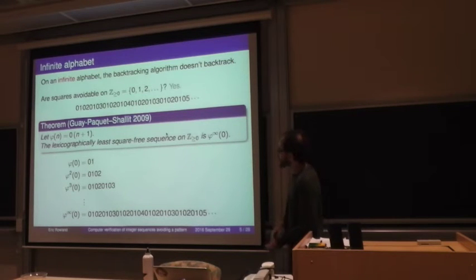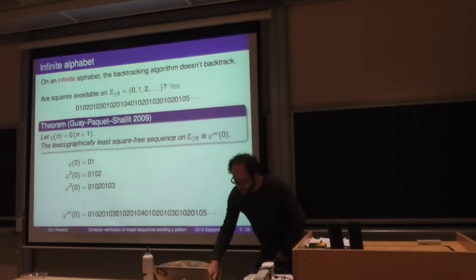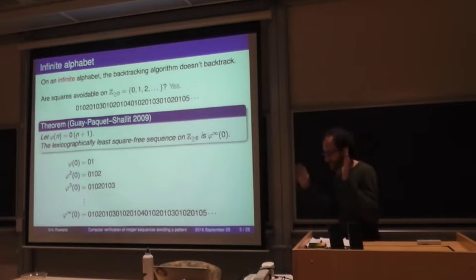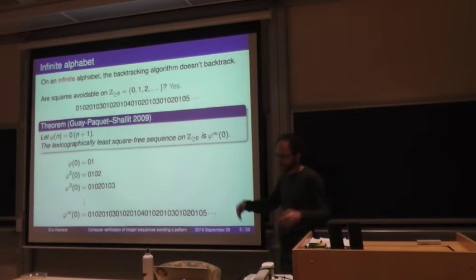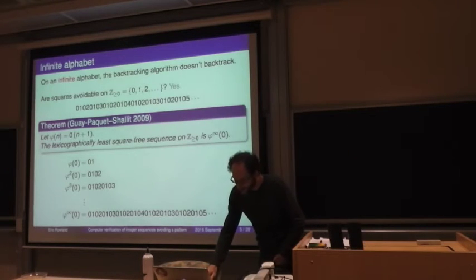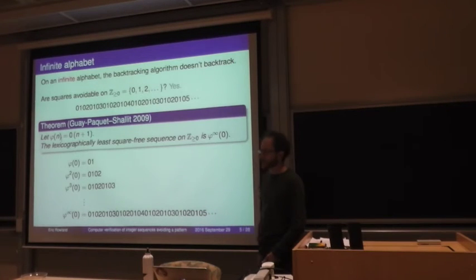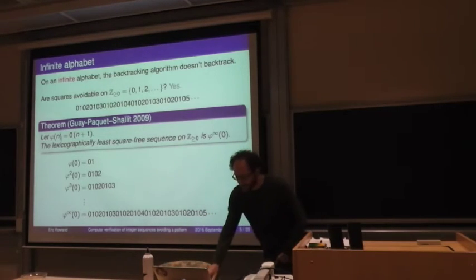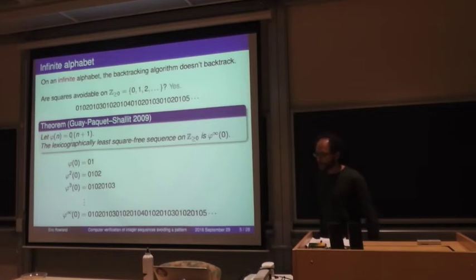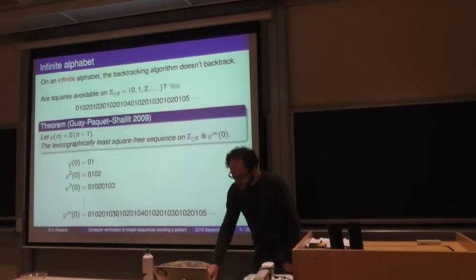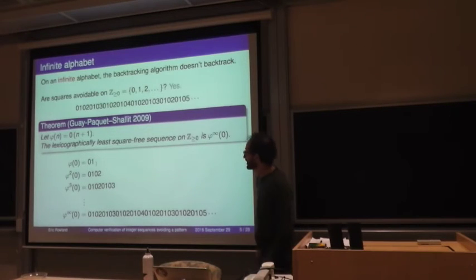So what do I mean by this morphism? This is a morphism on the free semigroup, if that means something to you. If it doesn't, it's just words. We have infinitely many letters now in this alphabet. Every non-negative integer is a letter. So we have to say what happens to every non-negative integer. And what phi does is it turns n into 0 followed by n plus 1. So phi of 0 is 0, 1.